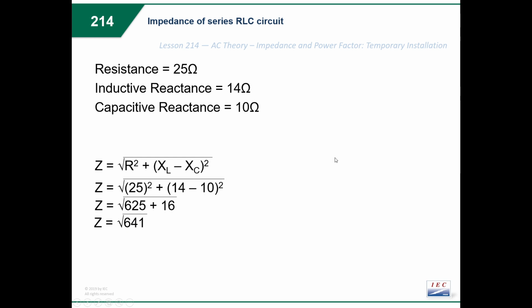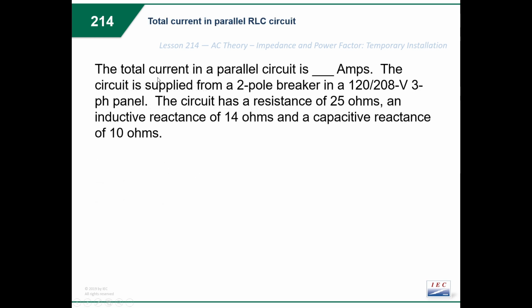And then let's go ahead and find the square root, and we find that our impedance in this series circuit will be 25.318. Okay, and we did that problem first because that'll actually come up. We need to find impedance in another problem coming up here, but that's sort of our first thing we need to tackle here, right? So next up, let's go to this next problem: